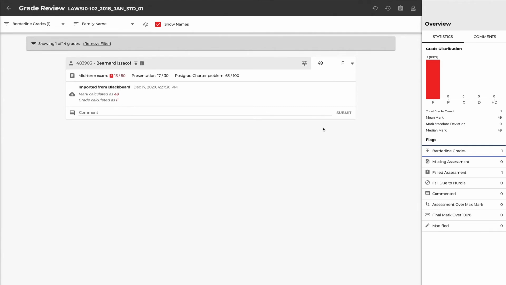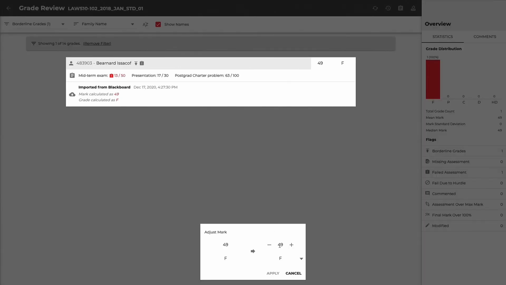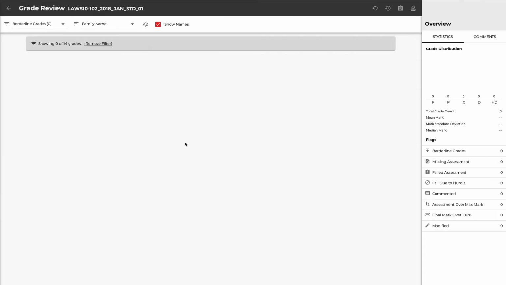So what we are going to do for Bernard is that we are going to adjust his mark. We are going to change it to a 50, and then we are going to justify the change. Okay, you can see that there are no more students matching that filter.